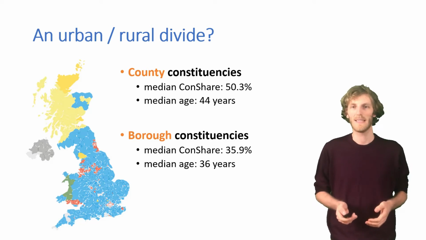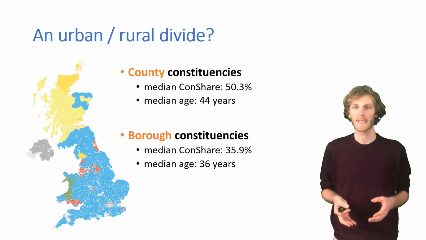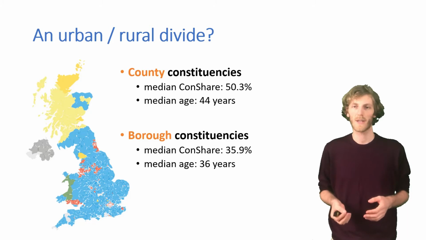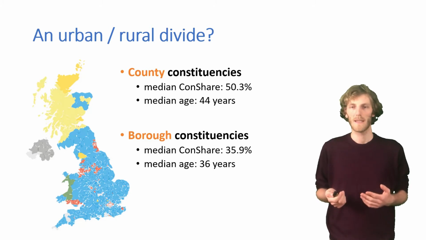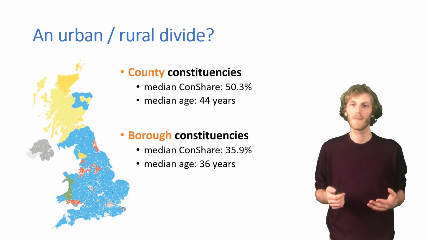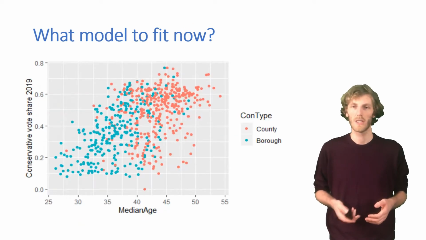However, there's a complication, because the constituency type is also quite closely linked to age. Rural constituencies, county constituencies, are much older than borough constituencies. How can we put the two variables into one model to see their contributions or lack thereof at the same time? So if we plot it,